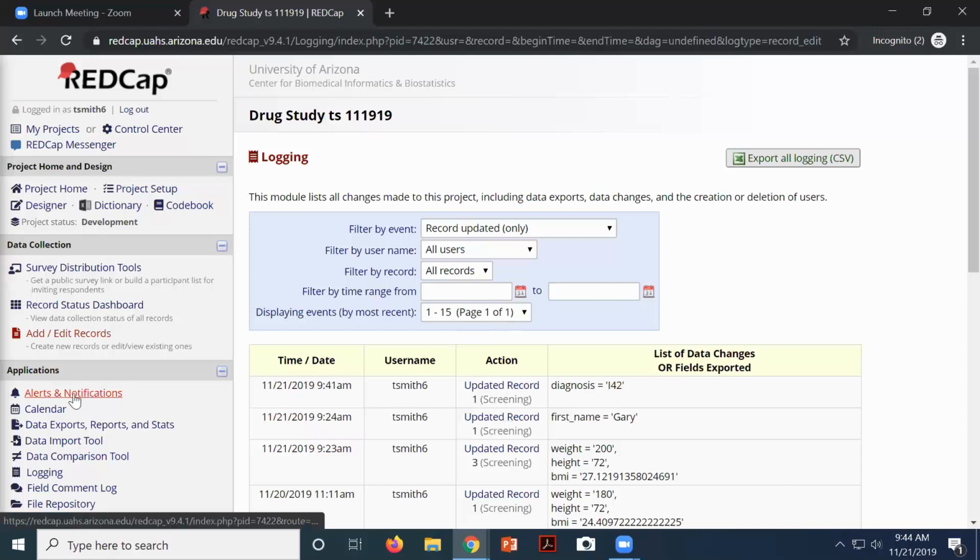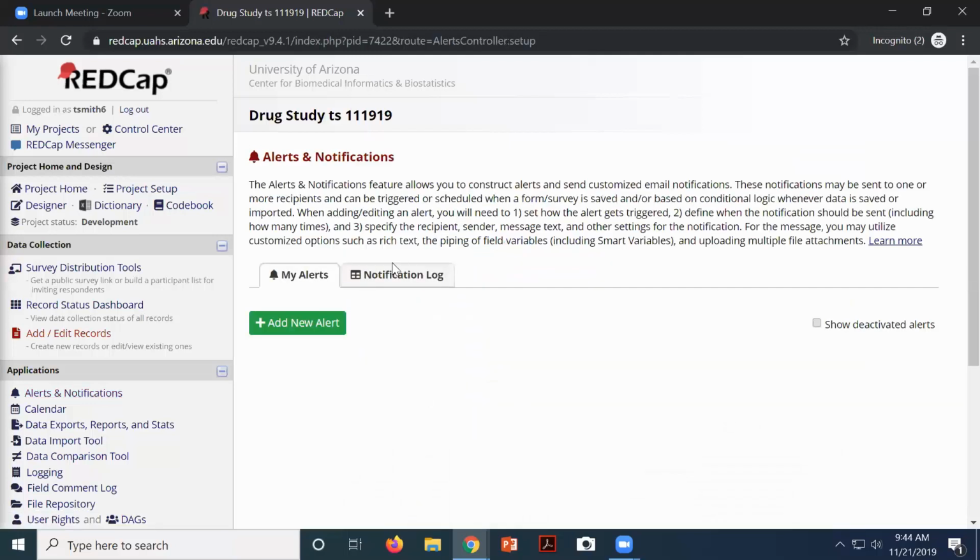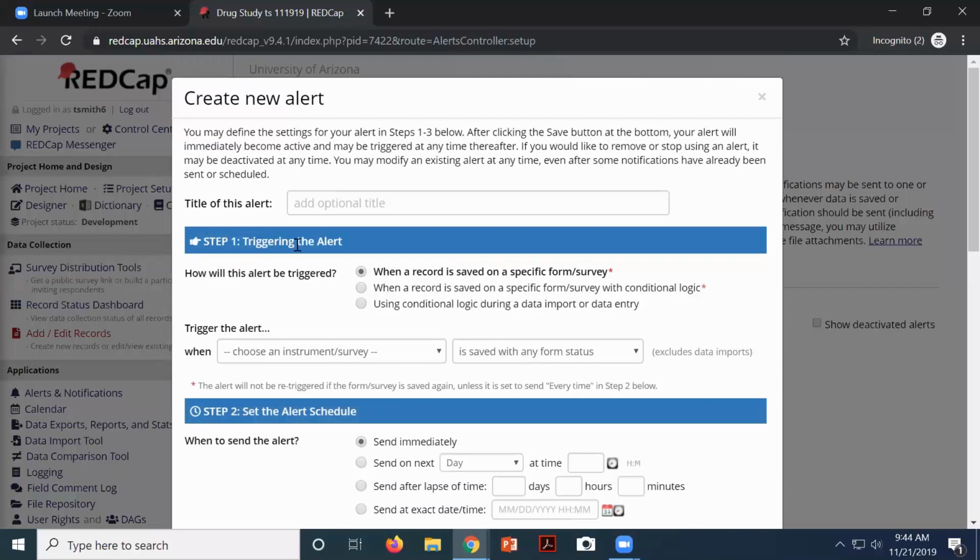Next, I want to show you, this is a brand new feature to REDCap. It's called Alerts and Notifications. It's on the left. And if I click on Alerts and Notifications, it allows you to create alerts for events that happen, and you decide who is notified over a certain configured event. So if I click on this, I can create a